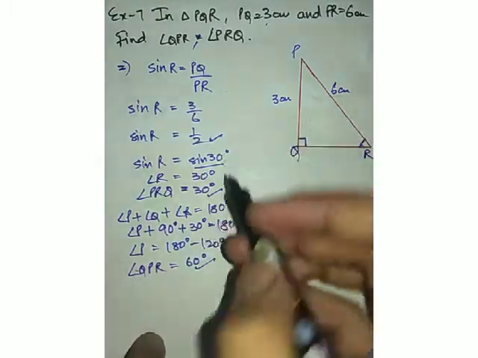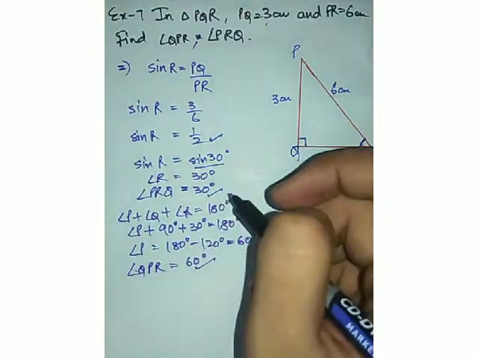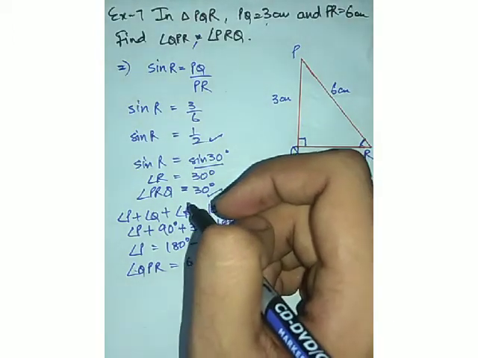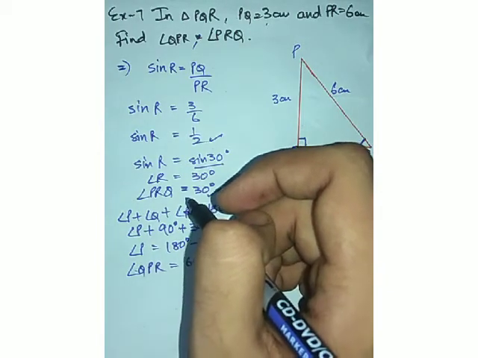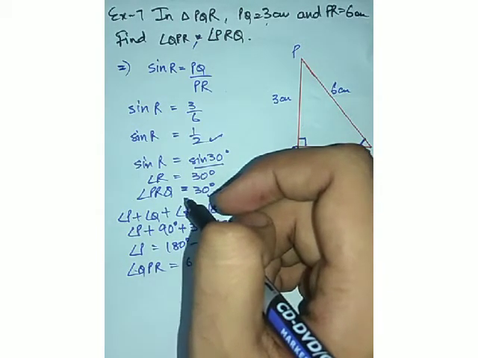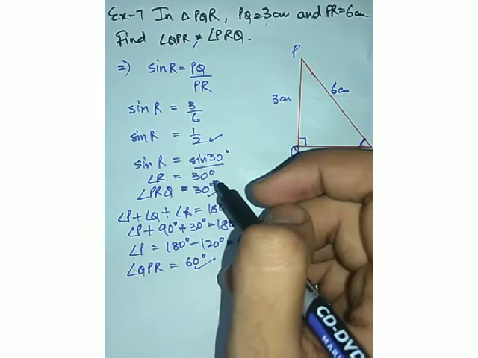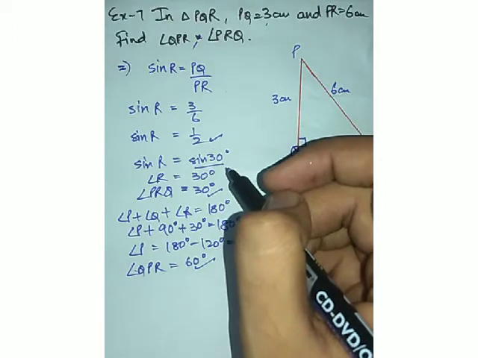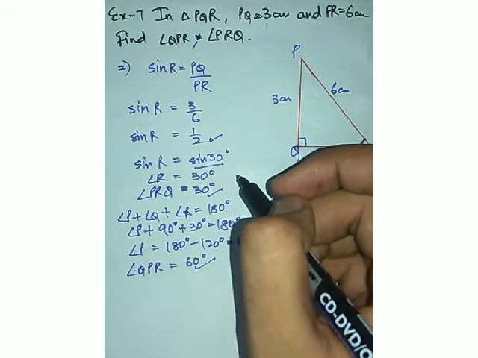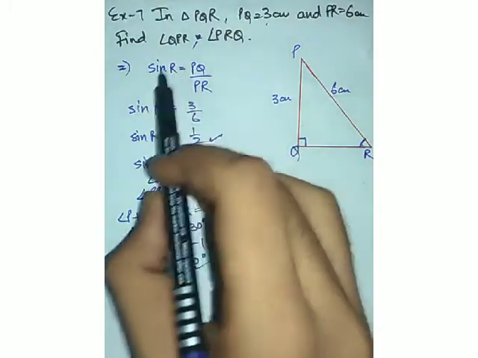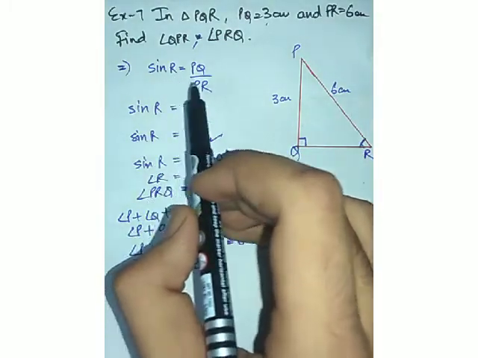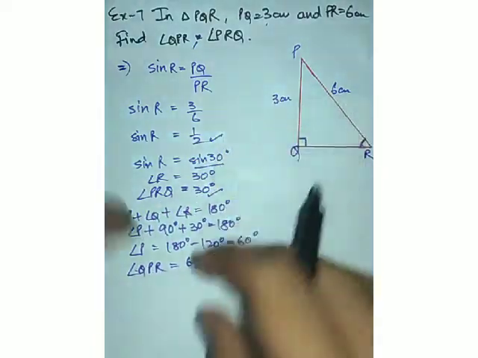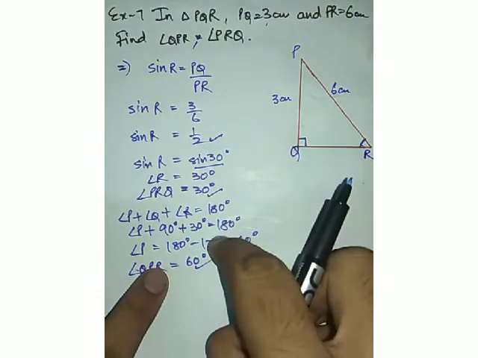Yeah, so that's the only thing you have to do. As you can see, there are multiple ways of attempting a sum. In the previous sum as well, you could have used the Pythagoras theorem while finding the third side, because two sides were known. You just have to use your mind a bit while attempting these kinds of sums, deciding which trigonometric function is to be used and which is not to be included, right? Because if you choose a wrong trigonometric function, you will just get confused and the equation will get complicated.